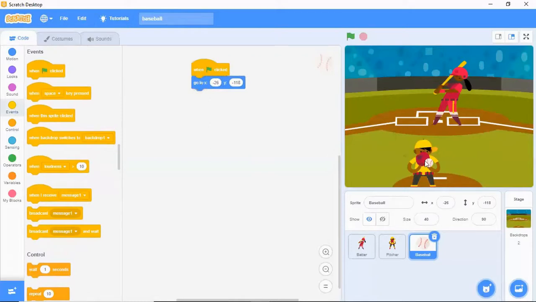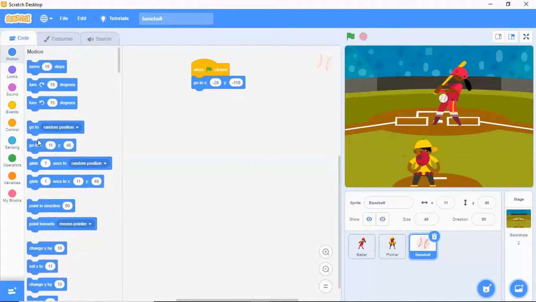Now from here, it should go towards the picture, this point. So motion, I'll choose glide. Whatever position is there, the same thing appears in the glide block. So I'll just drag and leave it here.